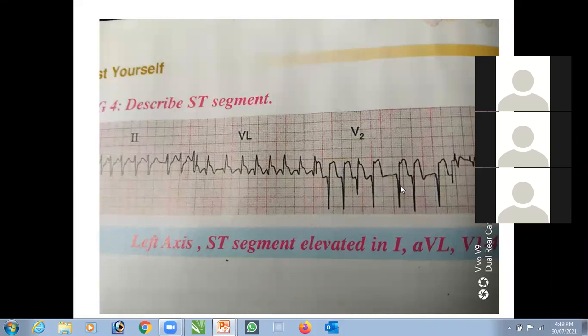Q wave is the significance of an old injury, myocardial infarction. Sir, how do you differentiate a new infarction from an old infarction? If it's a new infarction, the depth of the Q wave will be small, but the ST elevation and the T wave inversion will be there. But here the patient has had an infarct before, it is an old infarct, plus now a new infarct has happened on top of it. This is a recent one. Is it clear?